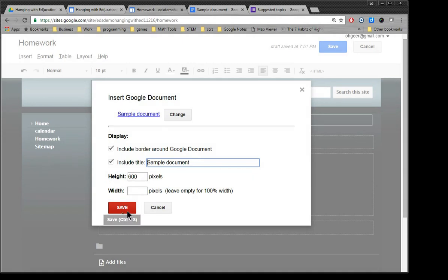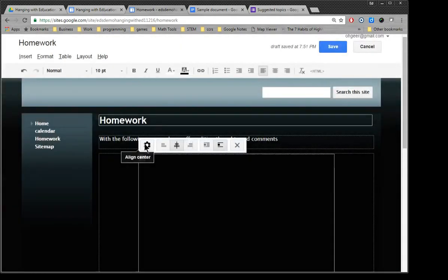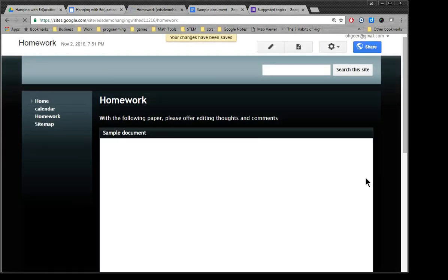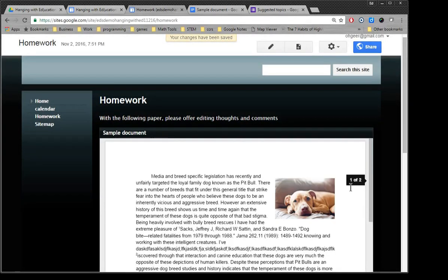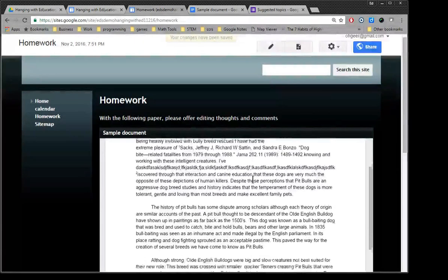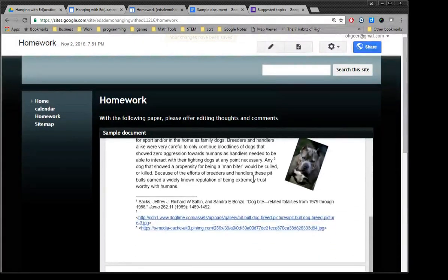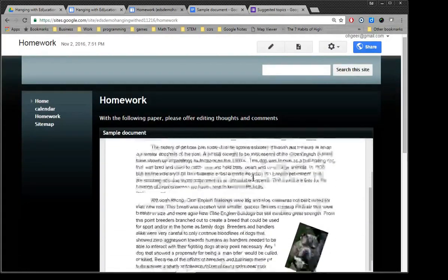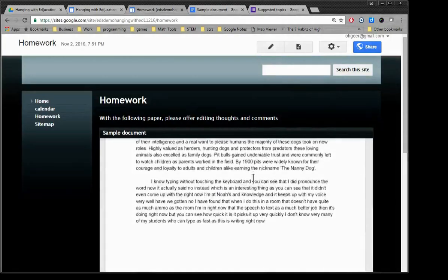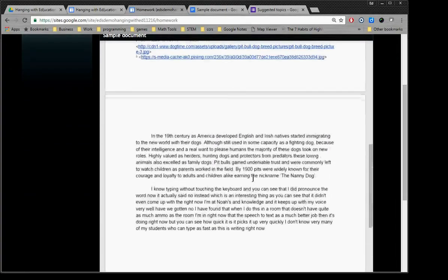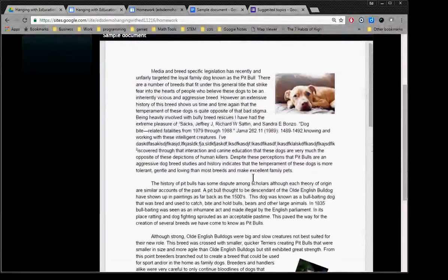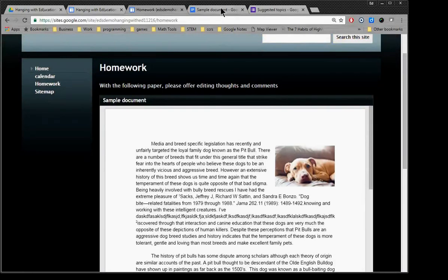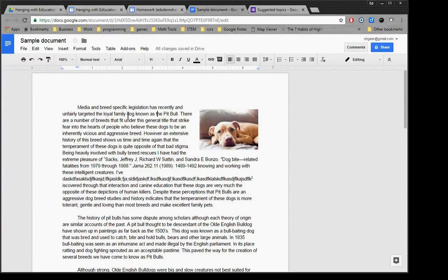I'll choose the default items here, and I'm just going to center it just because I like to have it centered. And when I save it, here is a document that I wanted them to edit. So this is a paper that a student did, and they want some editing on it. So I share it with other students, with the author's permission, so they can get some editing notes on this. Now, if you'll notice, if I go back to my sample document, here is the student's sample document,